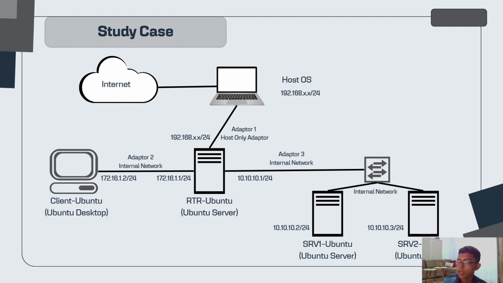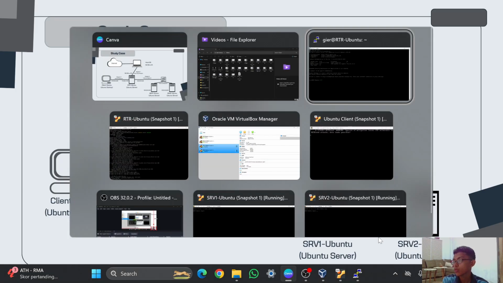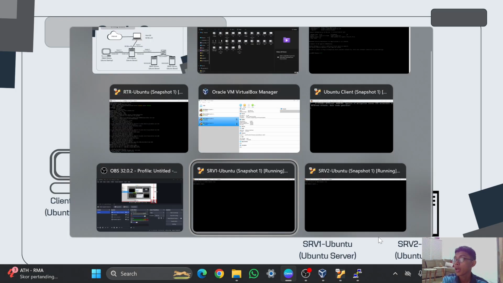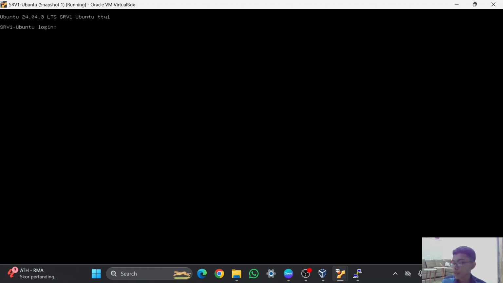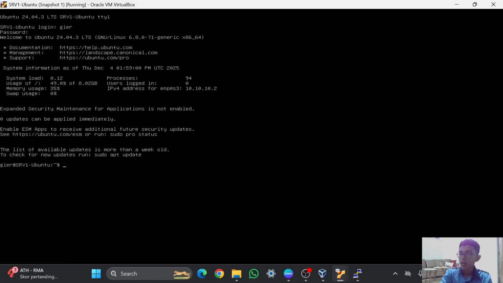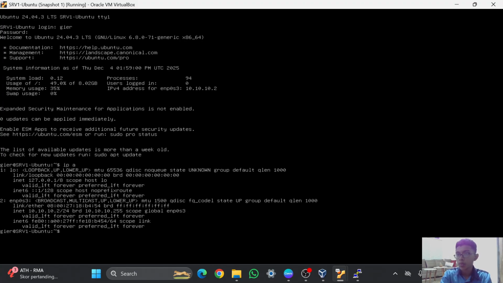Here I will open server 1 Ubuntu and also server 2 Ubuntu, and I will make sure that both servers already have an SSH client or SSH feature. So here I will install, and I will check the IP using ip a.